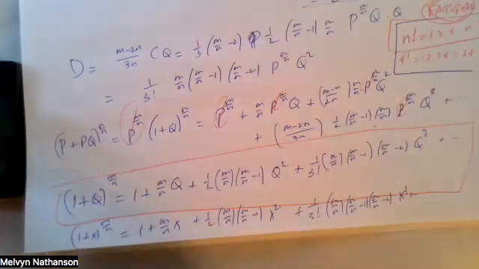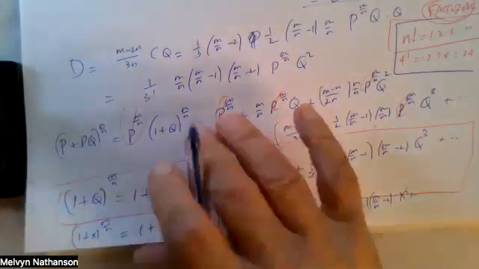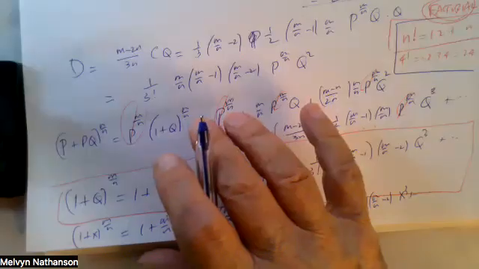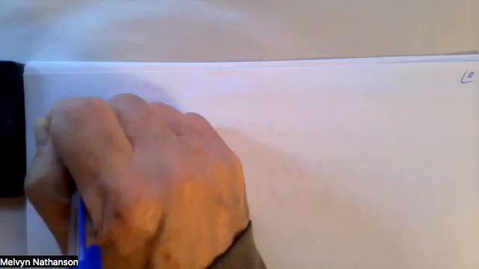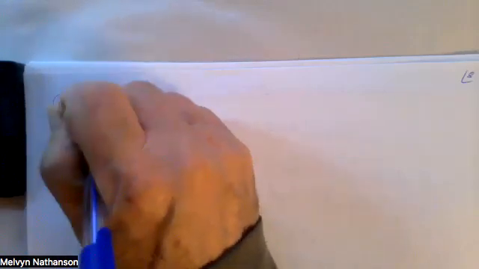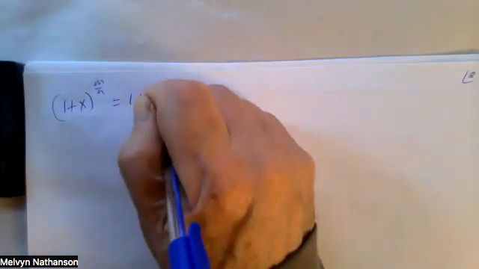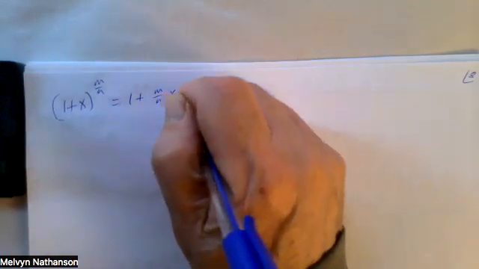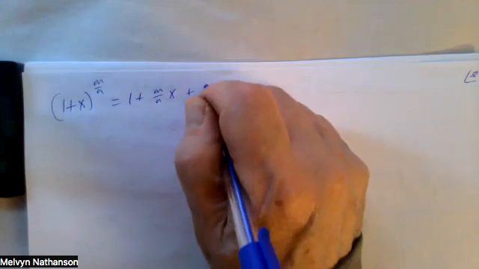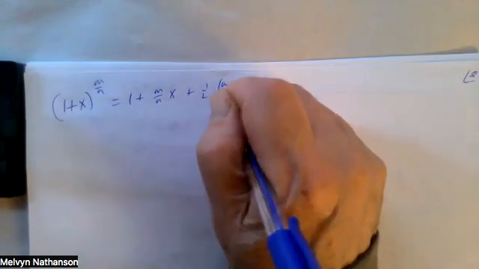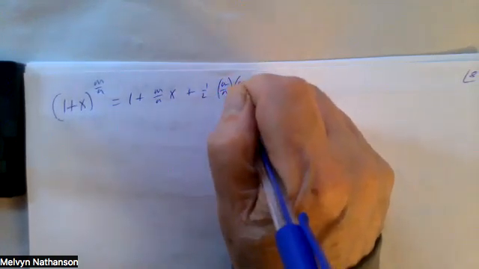So this is the general form of Newton's binomial theorem. Now, I want to keep writing it down because this is something you have to know. I'll use x instead of p or q. (1 + x)^(m/n) is 1 plus (m/n)x plus 1/2 (m/n)(m/n